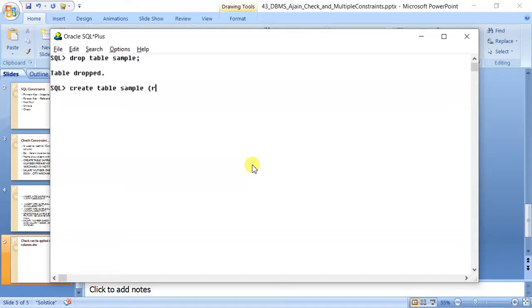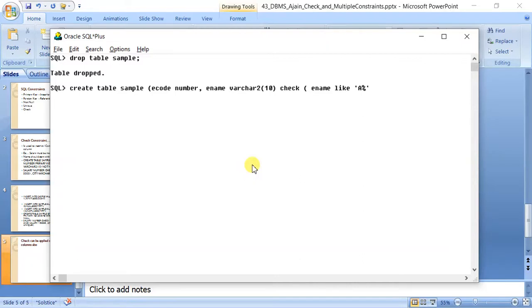E code number, comma. Let us take e name varchar2(10), and let me check it as start check. Now check what? Check e name like 'A%'.